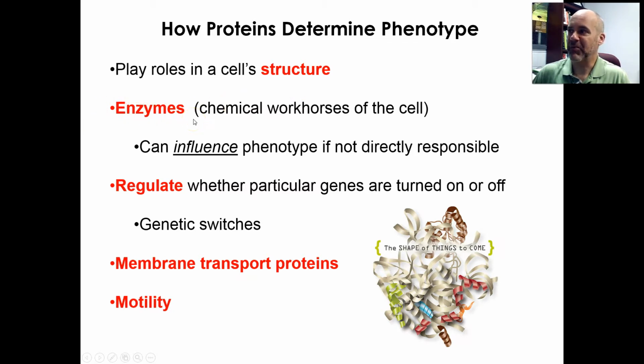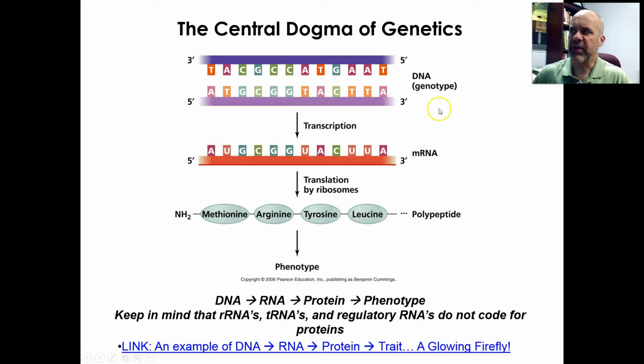Enzymes, we've talked many times about those. Those are generally proteins. Now we just talked about how there are RNA molecules that function in whether or not a gene gets read, and that's genetic regulation. There are proteins that do that as well, so they play roles as genetic switches. Another term for this sometimes is gene expression. I want to go ahead and bring that up because you'll see that phrase used in your reading. If a gene is expressed,